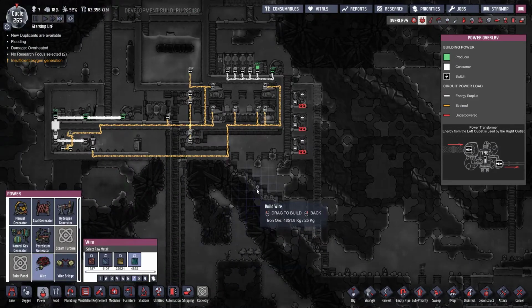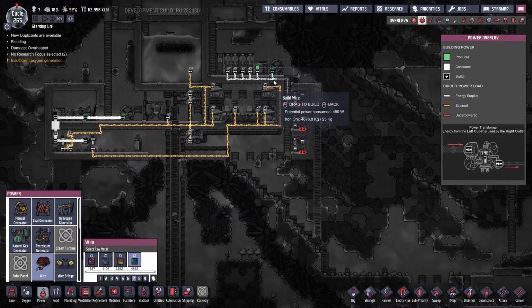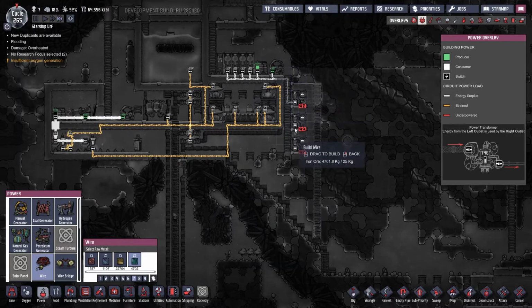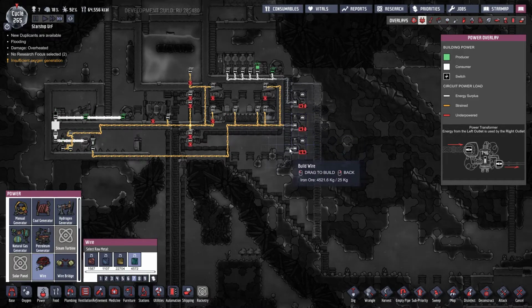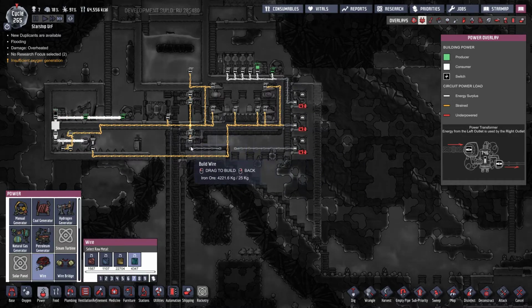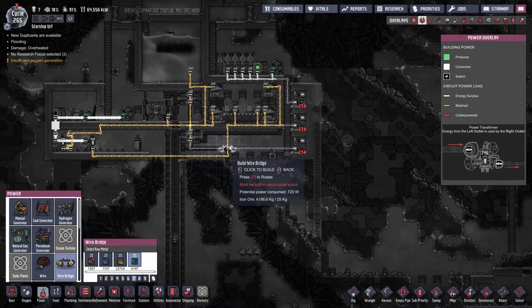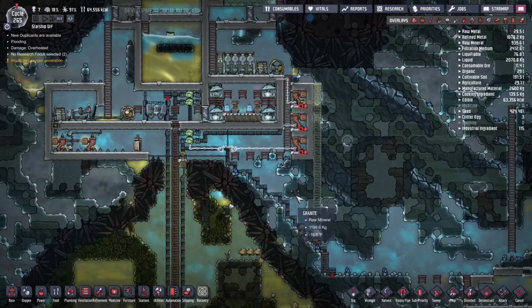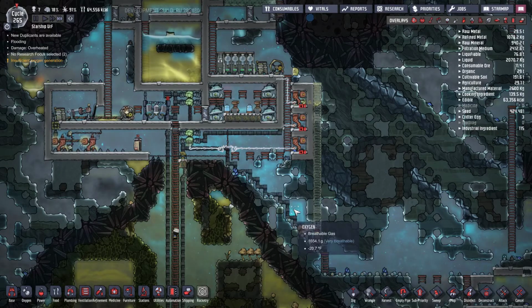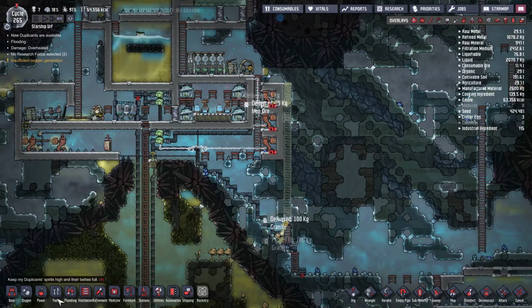So, we're going to want this top one. It's going to go into that system. This middle one is going to go straight across into that system. This one is going to jump across into there with a wire bridge. Bam. Alright, so that's the out. The in,